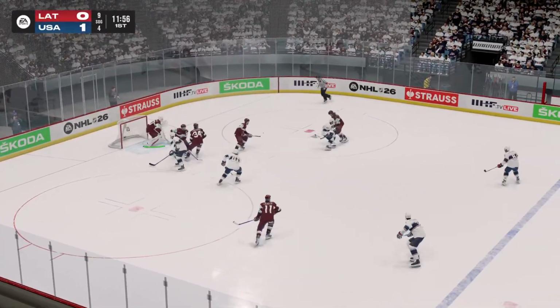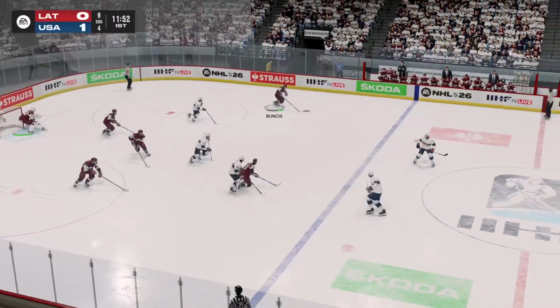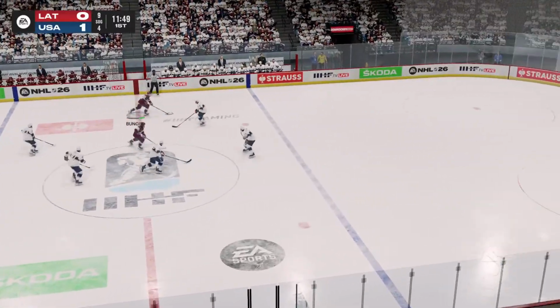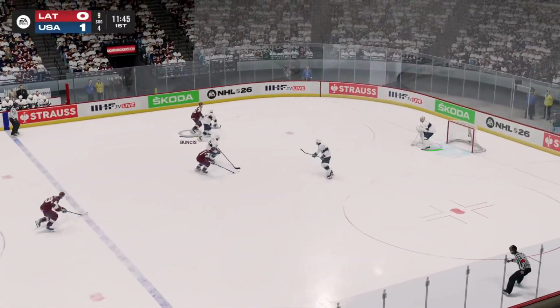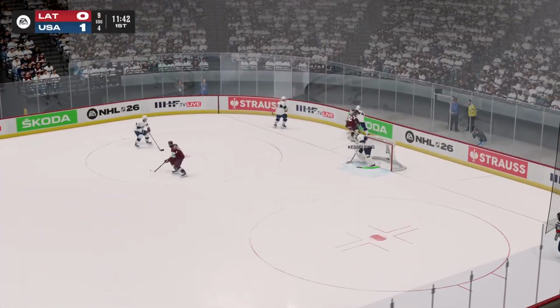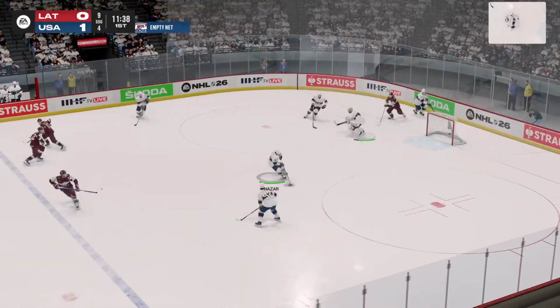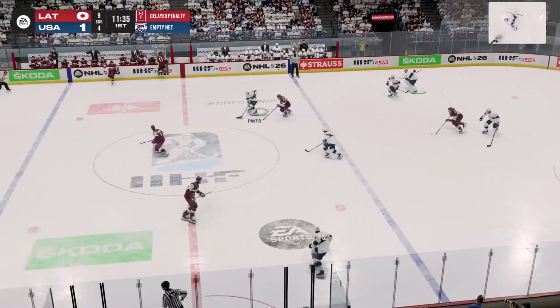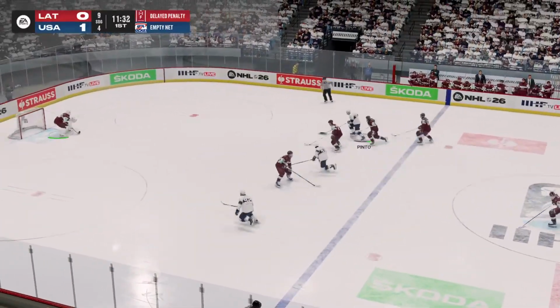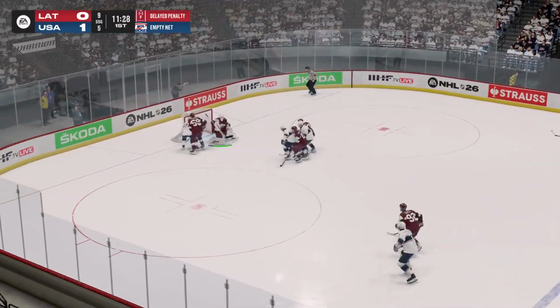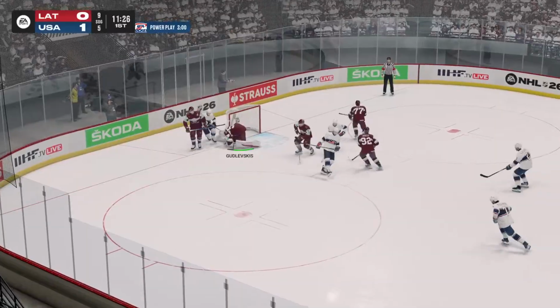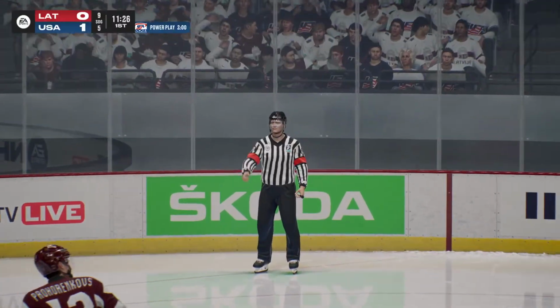Smith inside pass, disrupted, and Latvia turns back the other way. Just over 8 minutes gone by now. Puts this one back behind the net. Kesselring there for the United States. Another penalty called, this time on Latvia. Extra skater in for the moment for the United States. Inside pass on net, just wide, and Godlewski's finds it.